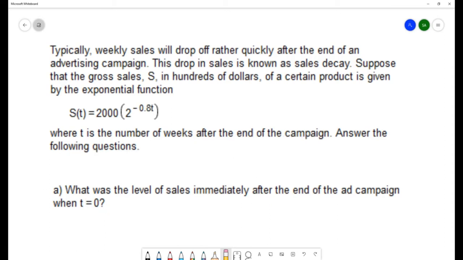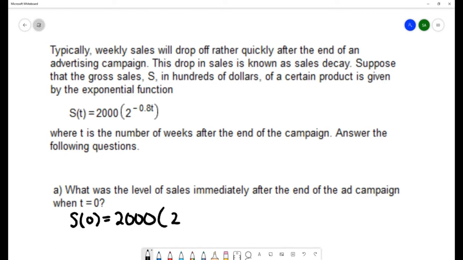This is our first question. What is the level of sales immediately after the end of the ad campaign when t equals 0? So what we have in this function is an exponential function because our variable is in the exponent. And we want to evaluate this function at a value of t equals 0. We're going to substitute a 0 in for the value of t, giving us 2,000